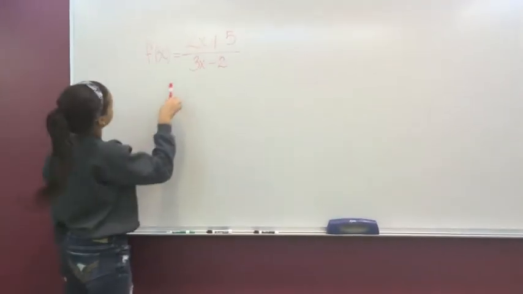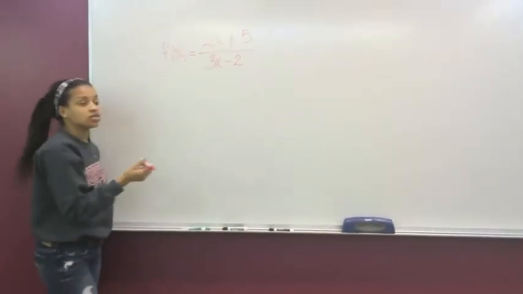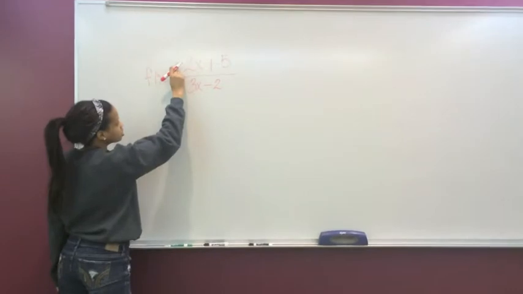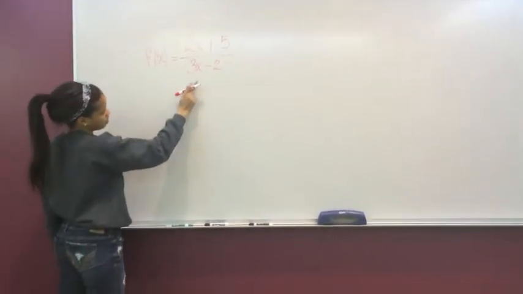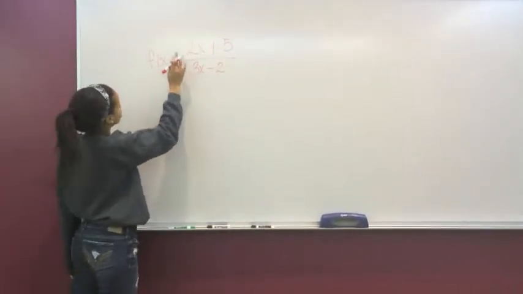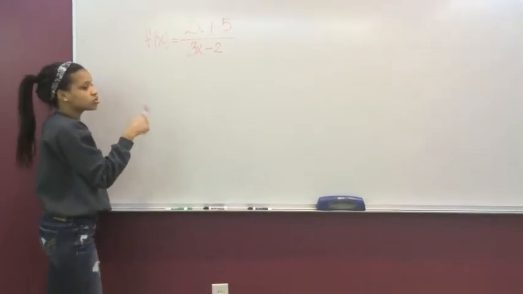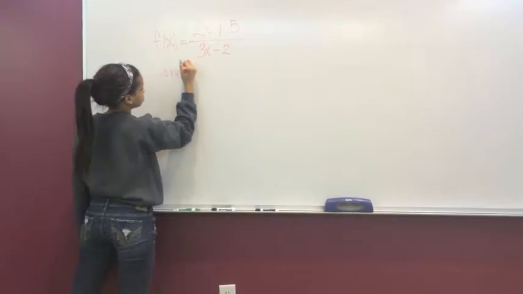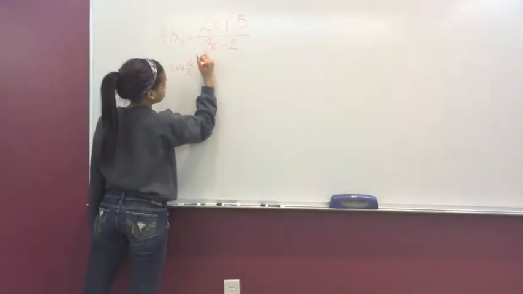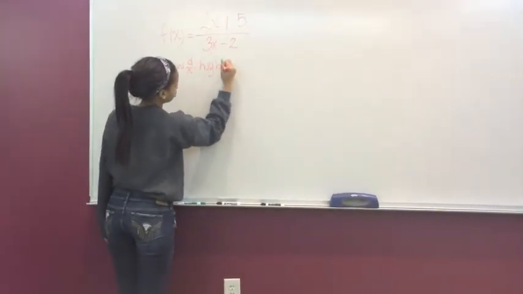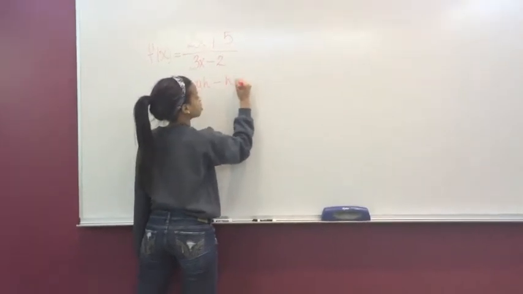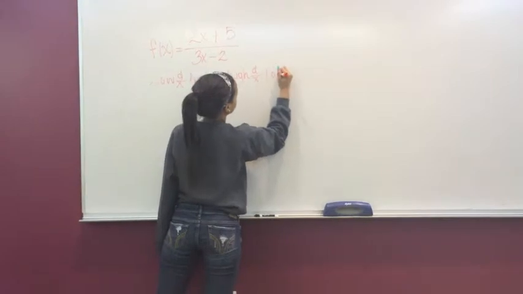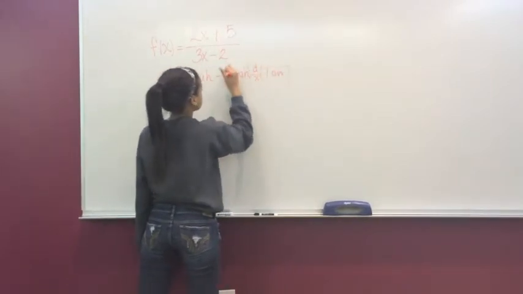So to find the derivative of this function, you would need to use the quotient rule. You would need to use the quotient rule because it is two functions divided by one another and they both have variables in both the denominator and the numerator. So you will use the quotient rule, which is low times the derivative of the high function, minus the high function times the derivative of the low function, all in parentheses,